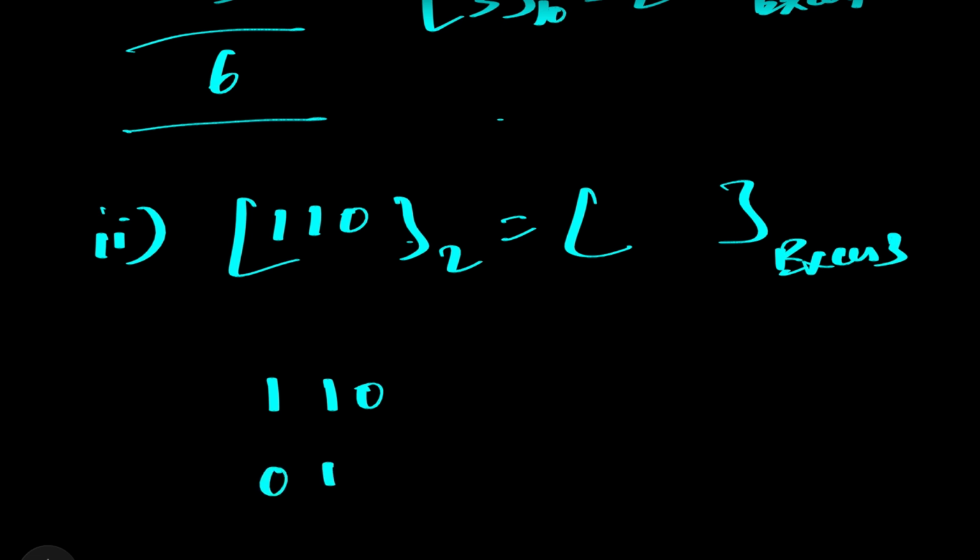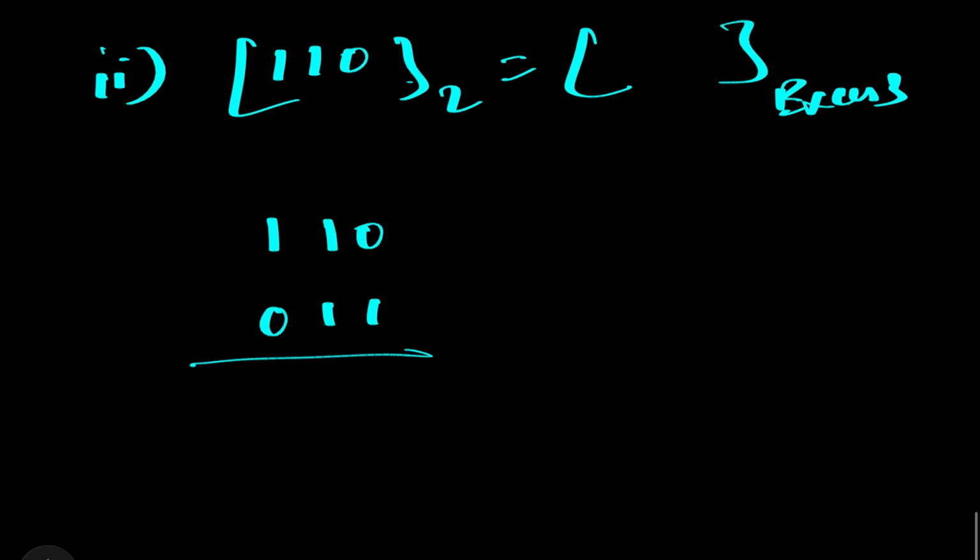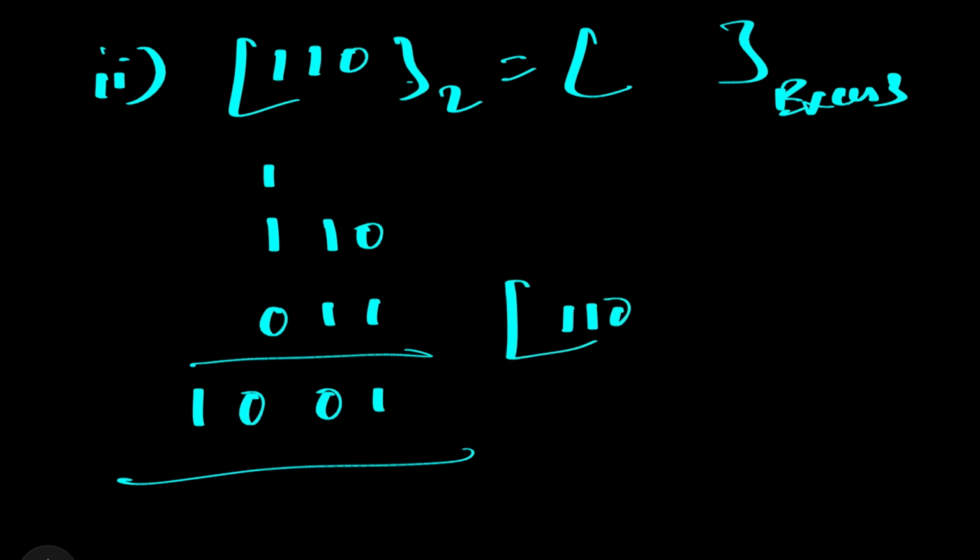So 0, 1, 1, which actually gives 1, 0, 1, 0, 1. So this binary equivalent will be the XS3 code representation for